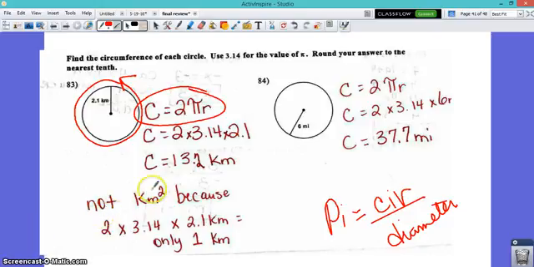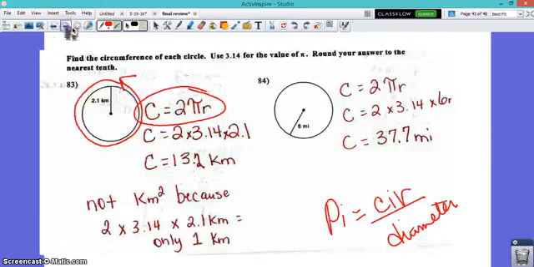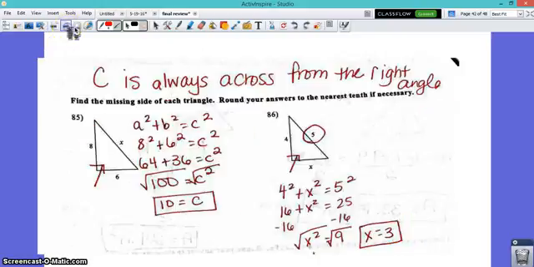The other thing is this is not kilometers squared, because what you're actually doing is saying 2 times 3.14 times 2.1 kilometer. There's only 1 kilometer. You're not doing like you did over here and doing 4 yards times 4 yards. That's why you have yards squared. Right here, all you're going to have is kilometer, because there's only 1. Same thing here. 2 times 3.14 times 6 miles will give you 37.7 miles. This is why you have to have a calculator. 85. Always